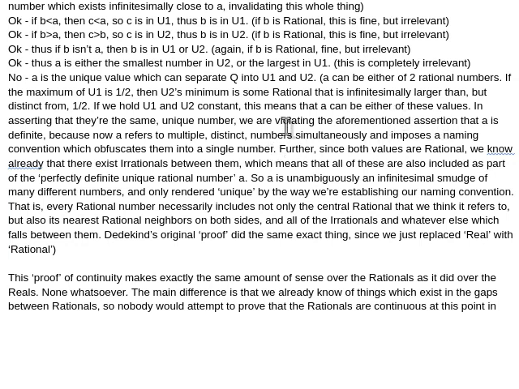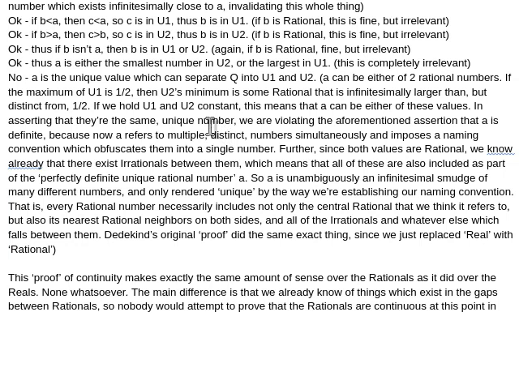Okay? And conversely, we could go the other way. Say 1/2 is U2's minimum. That means that U1's maximum is infinitesimally smaller than 1/2. It's some rational that's infinitesimally smaller than 1/2. Now A can be either of those two values. Right? So already, given this basic condition, A can be any of three values. Right? Okay, so